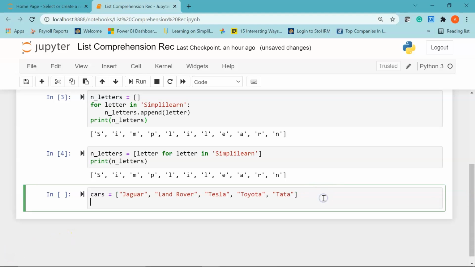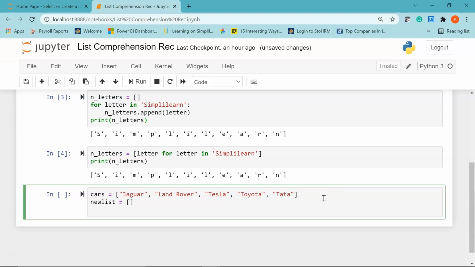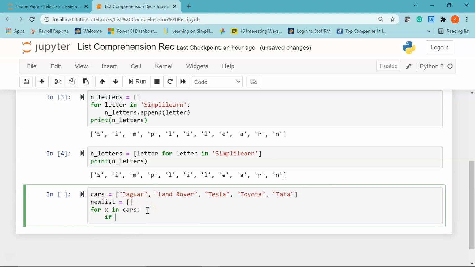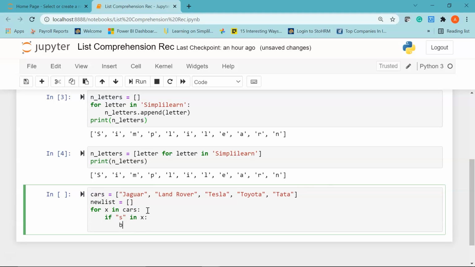Now I'm going to create an empty list called new list. I'll just give square brackets. Now I'll say for my iterator variable x in my list cars, if we have the letter S in x, then I'll say new list dot append x.